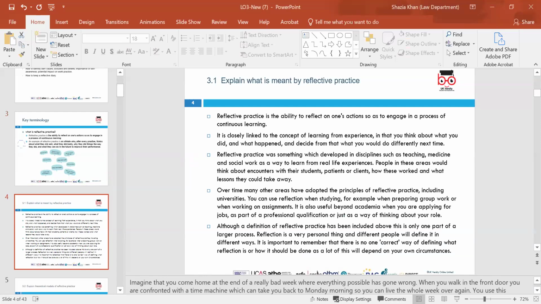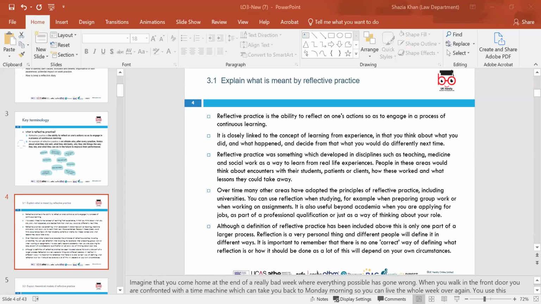So you've got to explain what reflective practice is. We've had a look a little bit at that. It is meant to examine your experiences and make sure you are improving performance. It could be learning through experience, it could be self-reflection. Reflective practice is to reflect on one's actions, and sometimes, when you're reflecting, does it give you the idea of doing more courses then? Sorry, what's that, Tina? Yeah, I think it does.